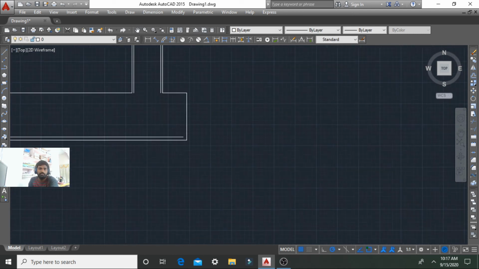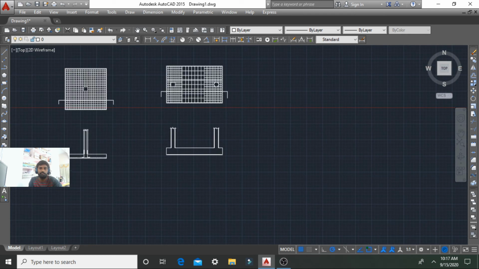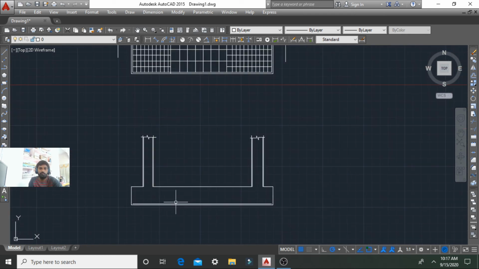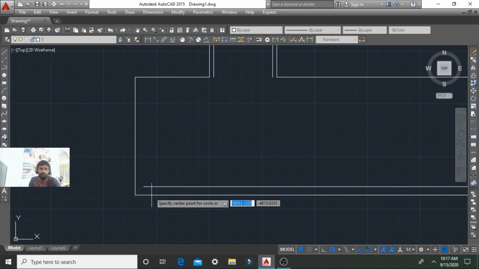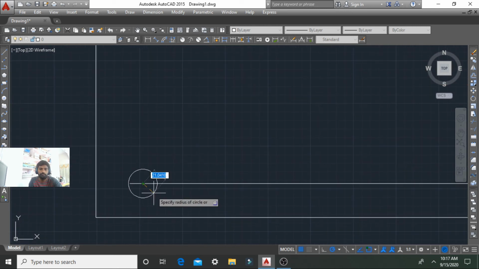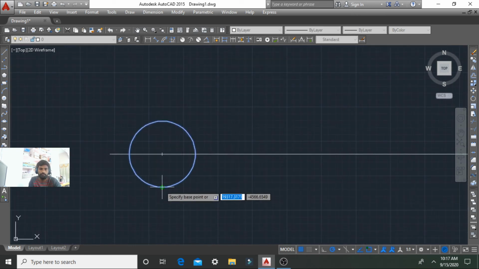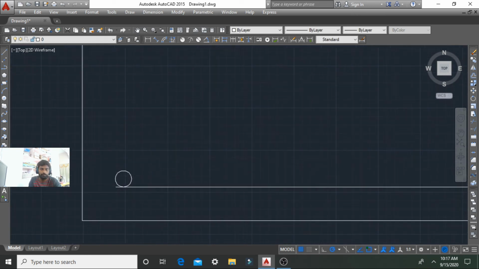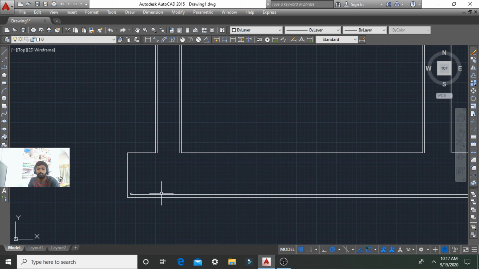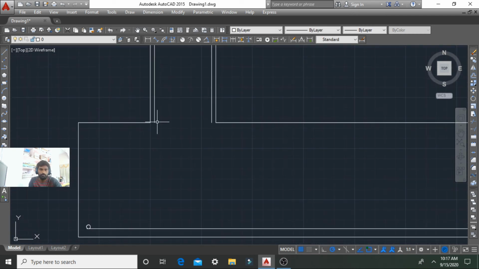So here I am mentioning the reinforcement. When we cut the cross section, this is how the reinforcement will be visible. So here I am mentioning the reinforcement bars, here up to here.